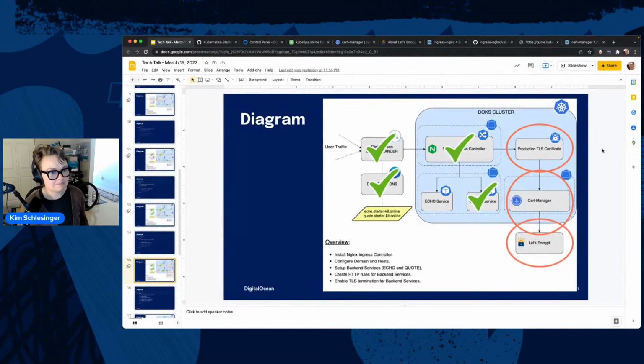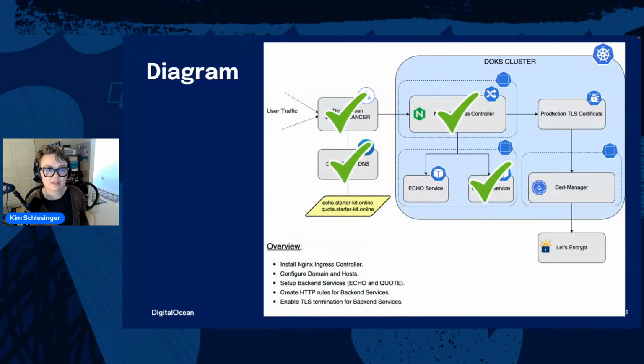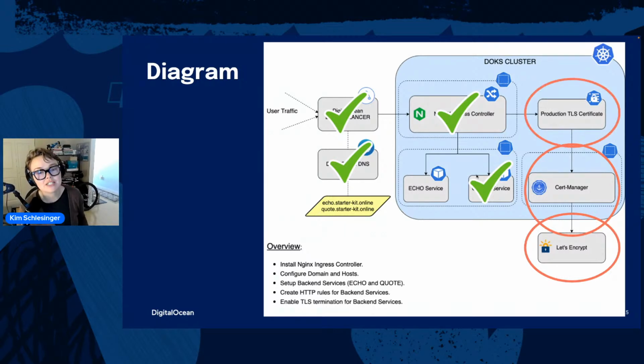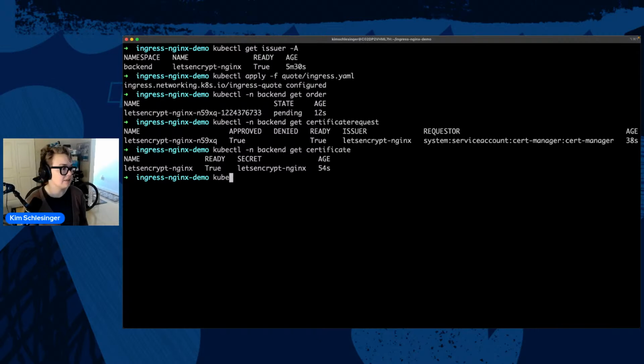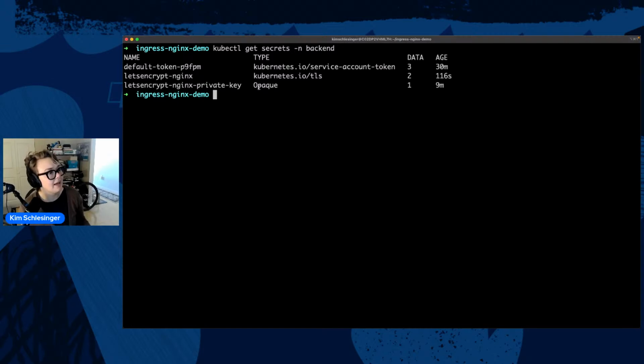All right. Well, if we take a look here, we installed cert-manager. We set up cert-manager to use Let's Encrypt as the issuer, and then we have a production TLS certificate. Let's look again at, sorry, let me clear this. kubectl get secrets from the backend namespace. So we have two secrets here.